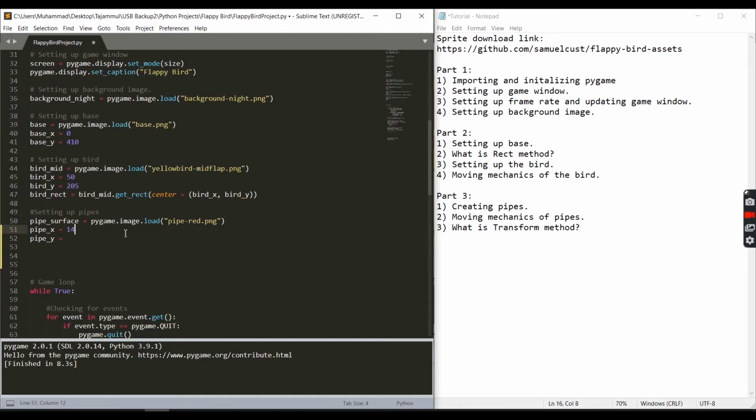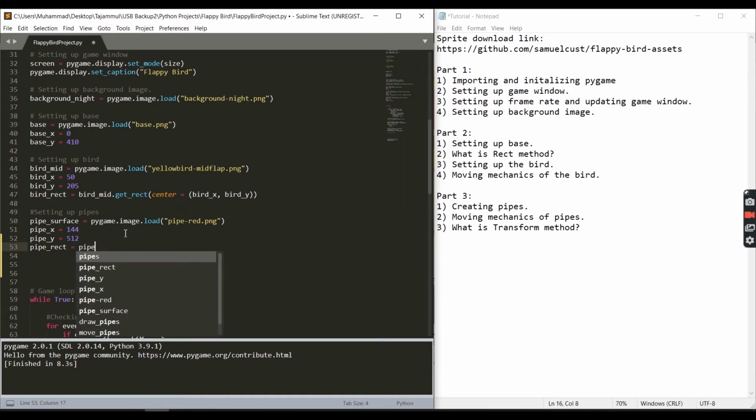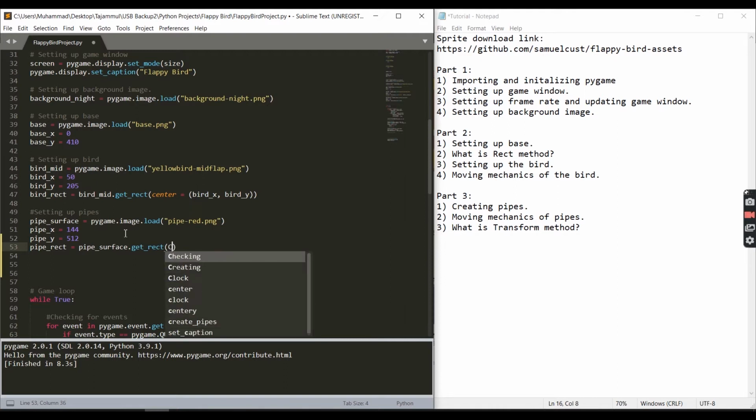Let's just put it in the middle of the screen, and at the bottom of the screen we'll give this a y. And then I do pipe rect is equal to pipe underscore surface dot get rect, and we'll make this on center for now, but this